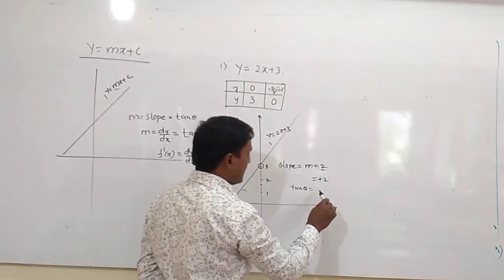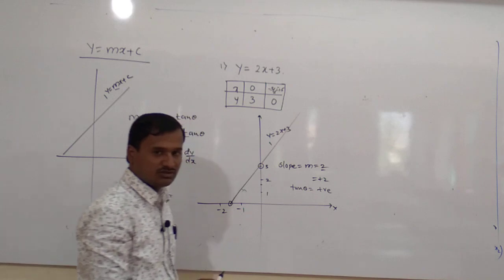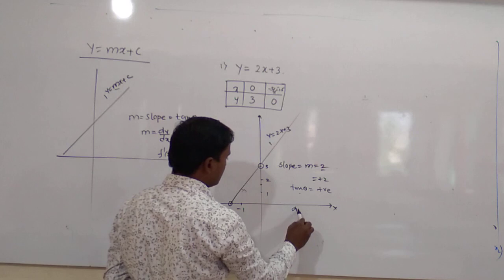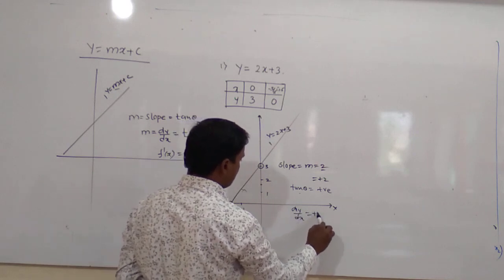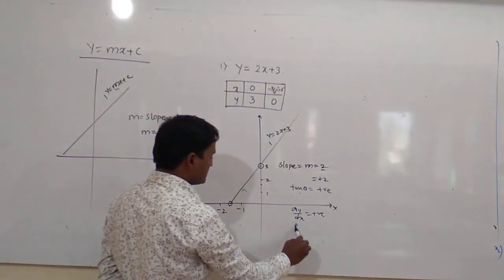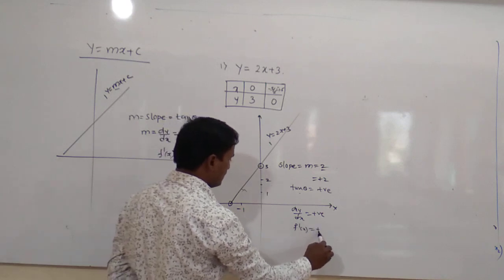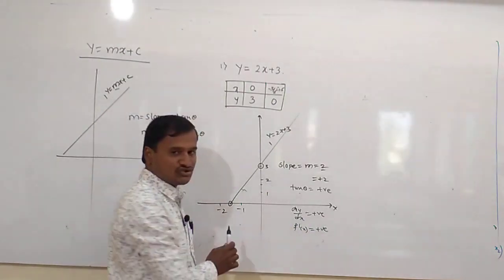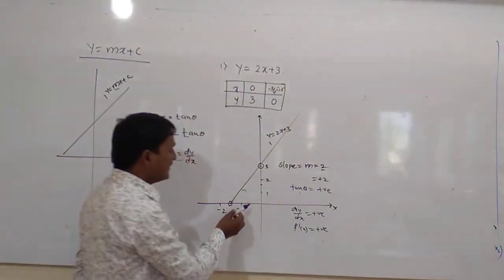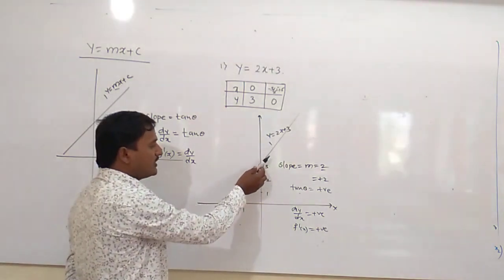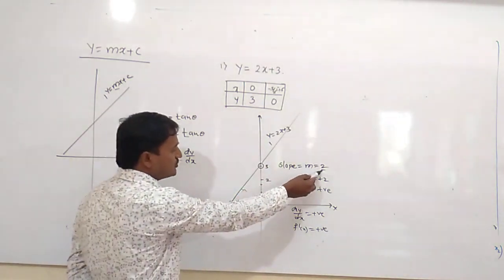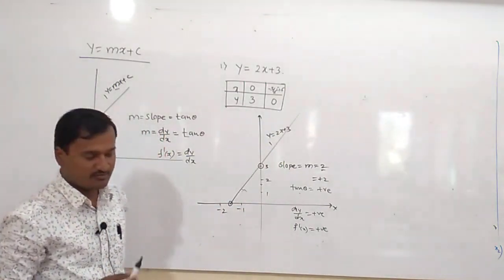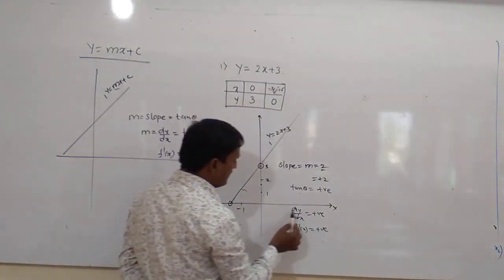So clearly tan theta is equal to what? Positive. Okay. So tan theta is nothing but what? dy by dx. So therefore we will write dy by dx is positive. Okay. dy by dx is also nothing but f dash of x, equal to positive, right? So therefore f dash of x is positive. It means that the slope of this line is positive. Hence we will say that this is an increasing function,